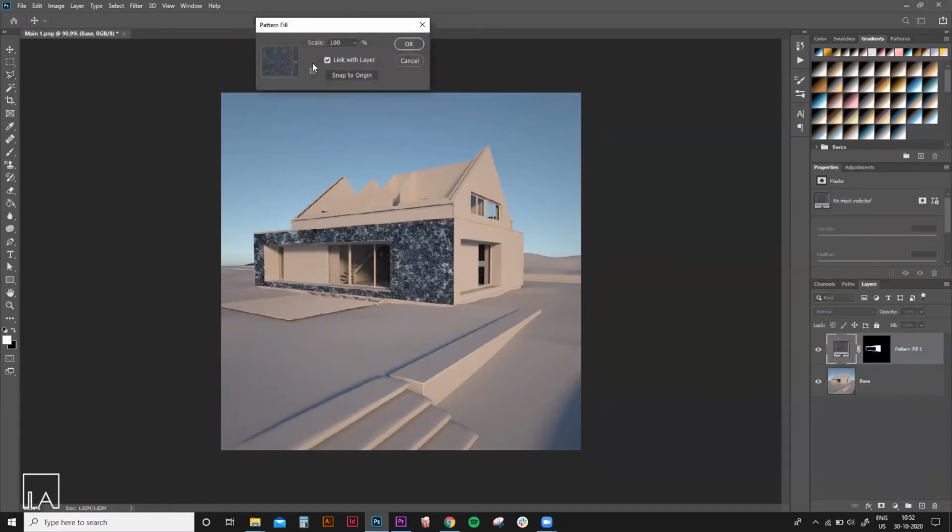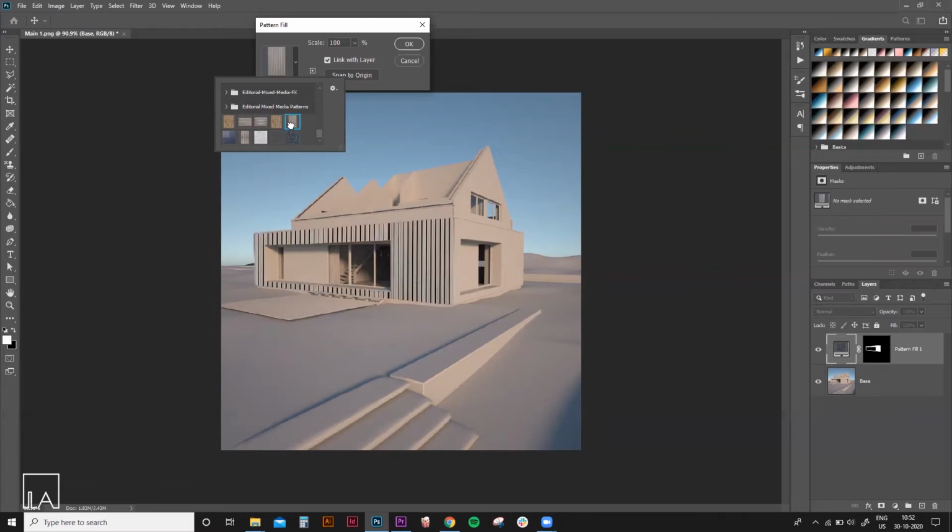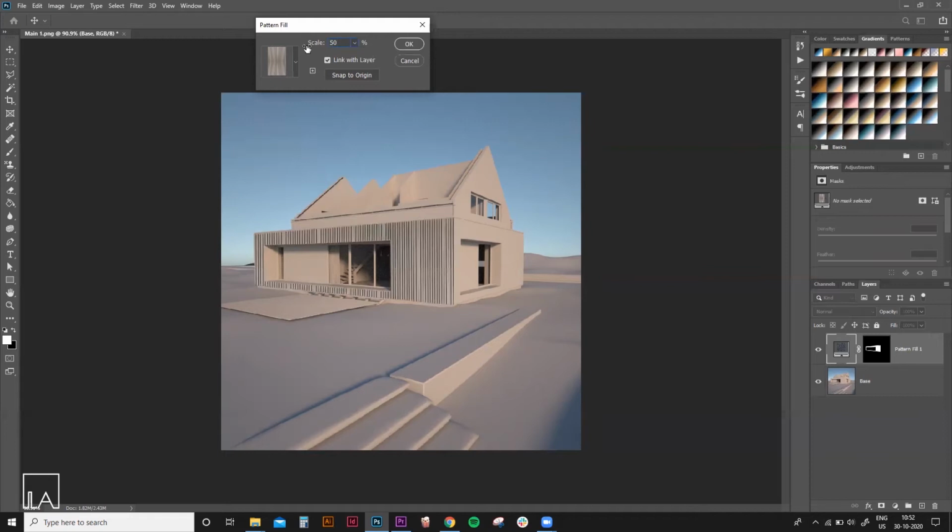And when I click on the option pattern, you will notice that a new pattern adjustment layer has been created and my selection has been filled with a pattern, and a small pop-up window called pattern has appeared on my screen. The pattern that has been applied to my selection by default is the last pattern in your pattern library. When you click on this icon to drop down, you will see all the patterns that are available to you in Photoshop. You can select the pattern that you desire.